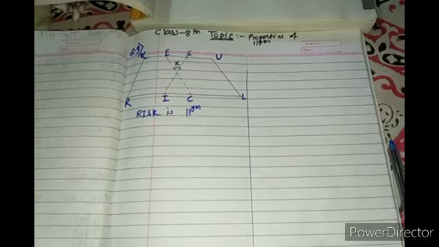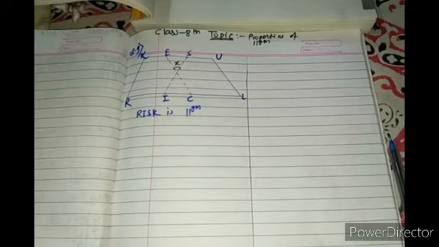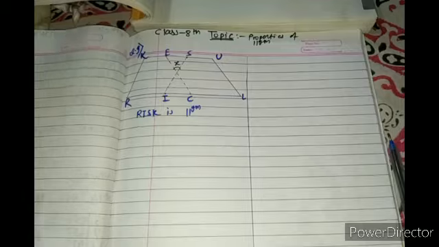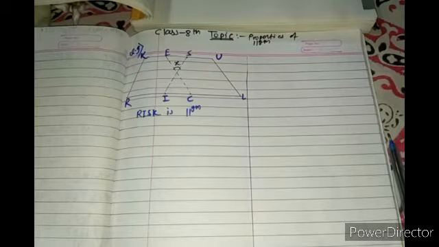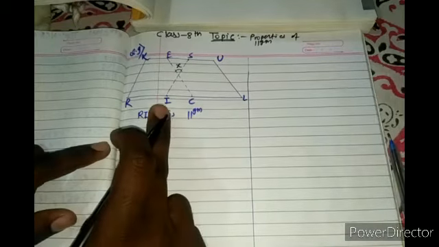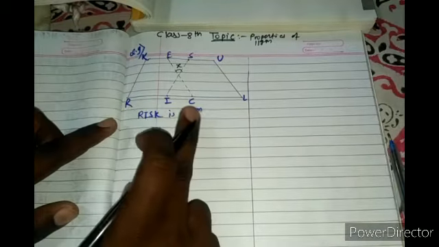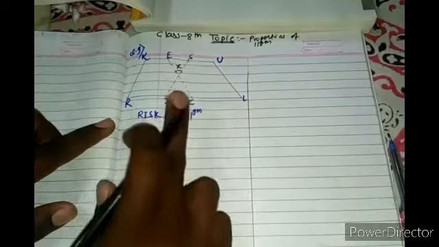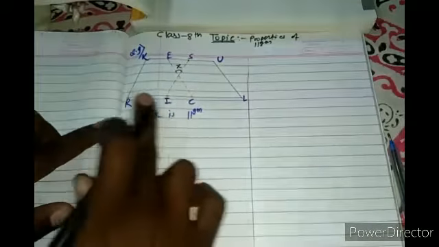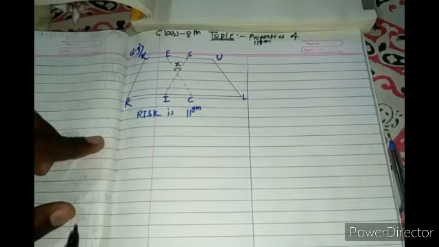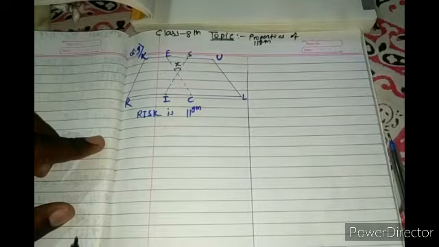Now we are going to solve question number 9. Before that I had given some homework; I hope that you have completed it. In question number 9 they have given such a diagram. What is the name of that quadrilateral? Yes, when one pair of parallel lines is there, that quadrilateral is known as a trapezium.